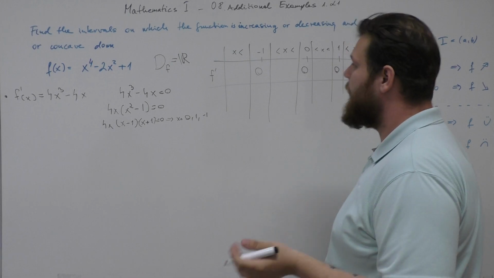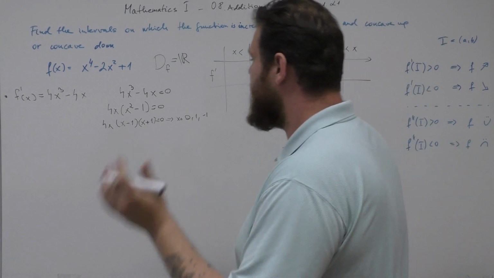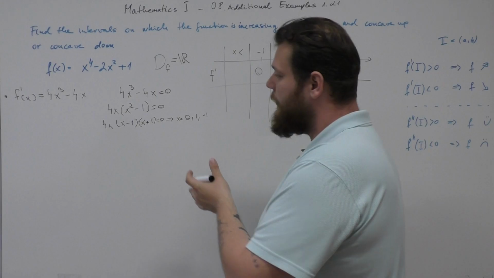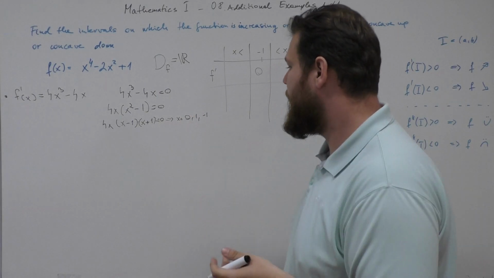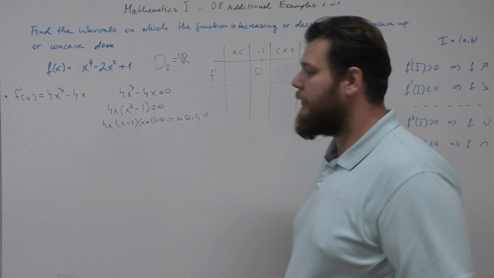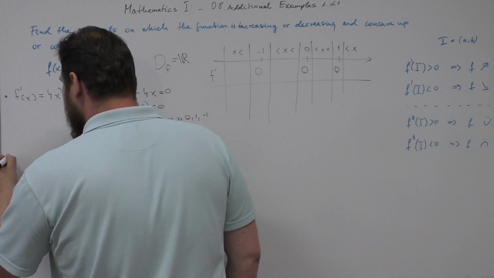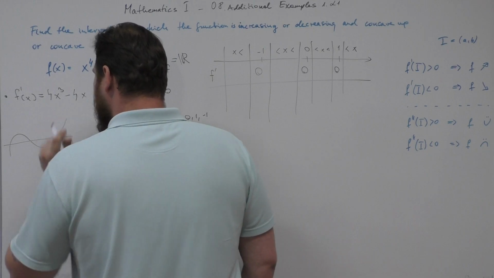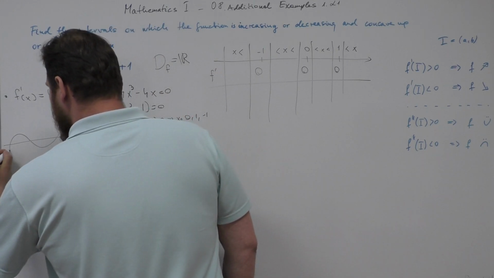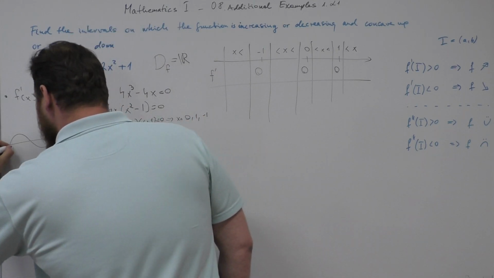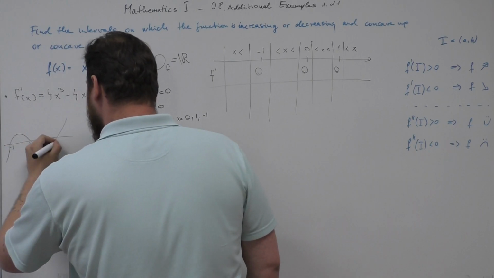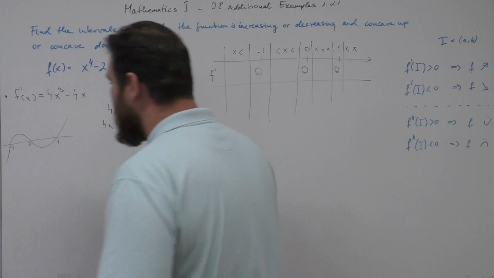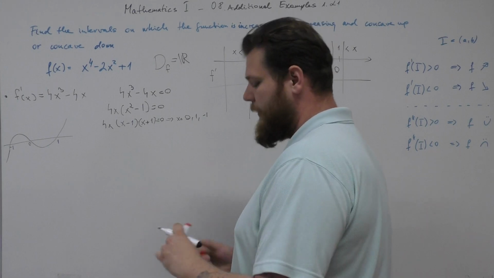To do that, we draw the graph of the function. Since it's a cubic function and we have 3 zeros, it should look something like this. Here is negative 1, here is 0, and here is positive 1. Now we can see